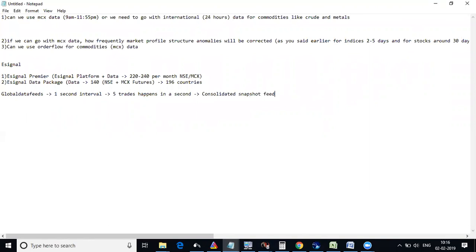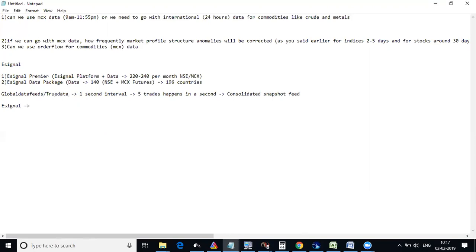But the real tick feed plots each and every tick. That is not what the Indian vendors are doing. In fact, the exchange itself is not providing the actual tick by tick feed. It's called tick by tick feed, and the exchange charges for it, I'm not sure how much, but currently it's available only to HFT members. For the data feed members, currently Global Data Feeds and TrueData both are processing at a 1 second interval. Whereas eSignal,